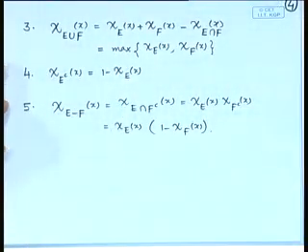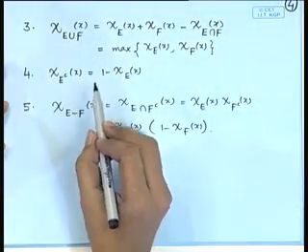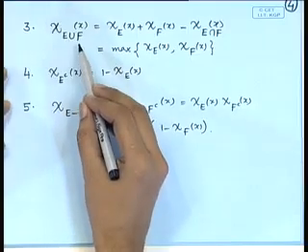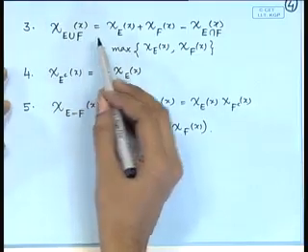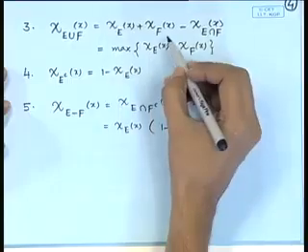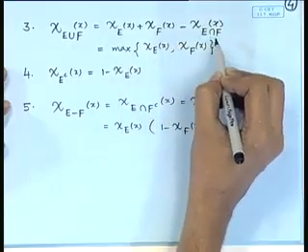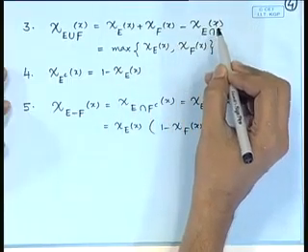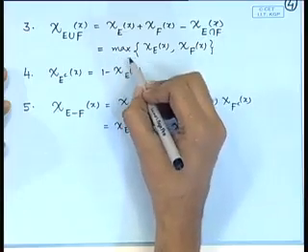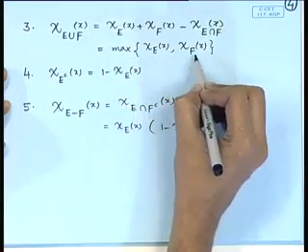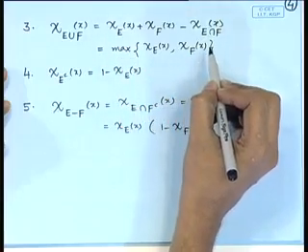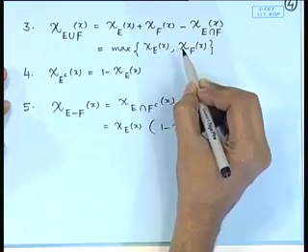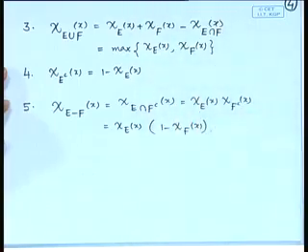Similarly, the indicator function relations for the unions, complementations and differences are also there. For example, chi of E union F x is equal to chi E x plus chi F x minus chi of E intersection F x. It is also alternatively equal to the maximum of chi E x and chi F x. Once again, to look at the proof of this, we can see that if we